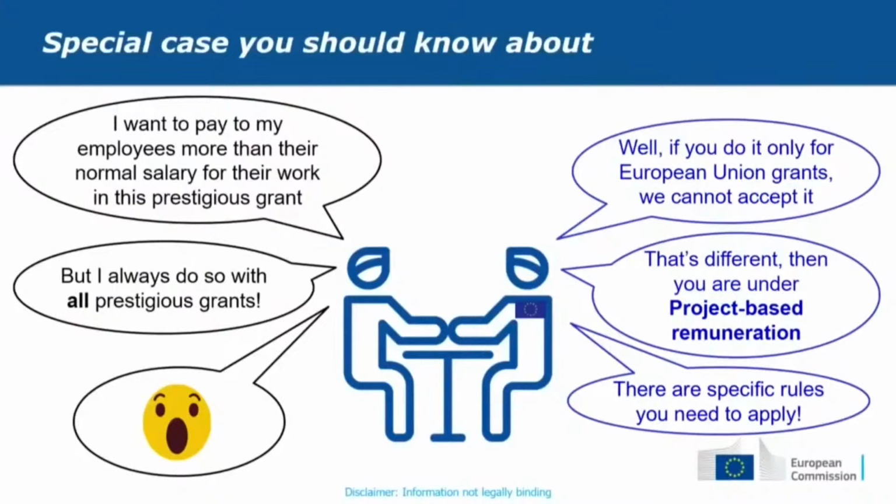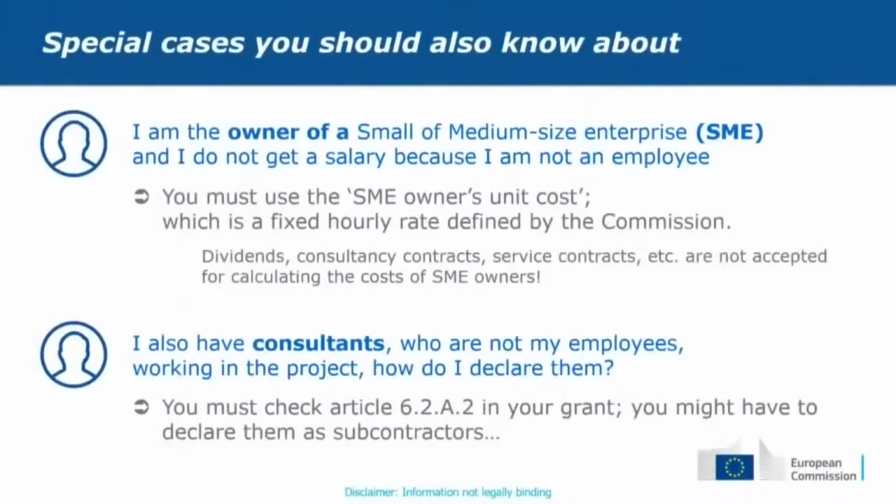I'll tell you how in a couple of slides in case of doubts. Two other specific cases. Remember that I explained that it was possible to declare as personal cost the cost of the SME owner, so the owner of an SME who is the beneficiary in the grant agreement. If this owner is not an employee, in some countries it's not possible to be an employee of your own company. So if this owner is not an employee but participates in the grant agreement, so works directly in the action, in the project itself,